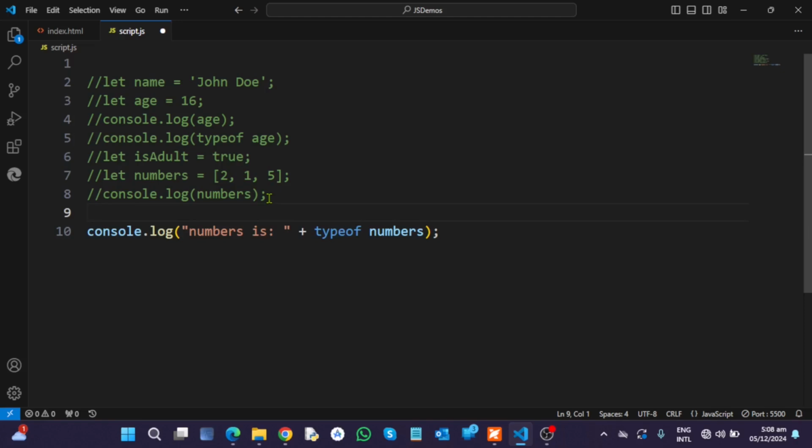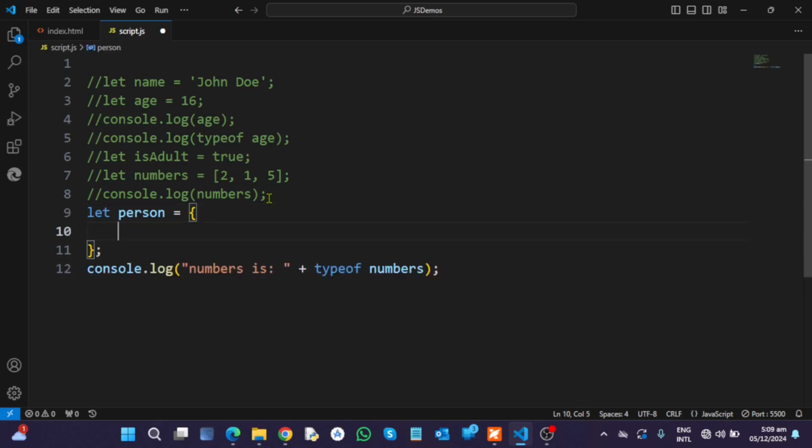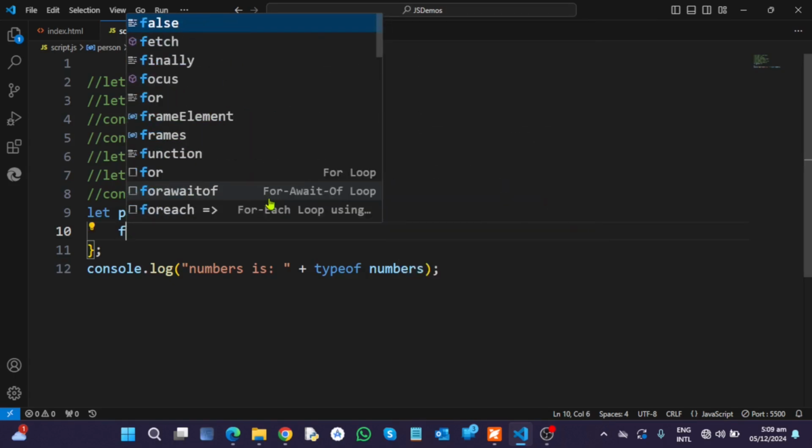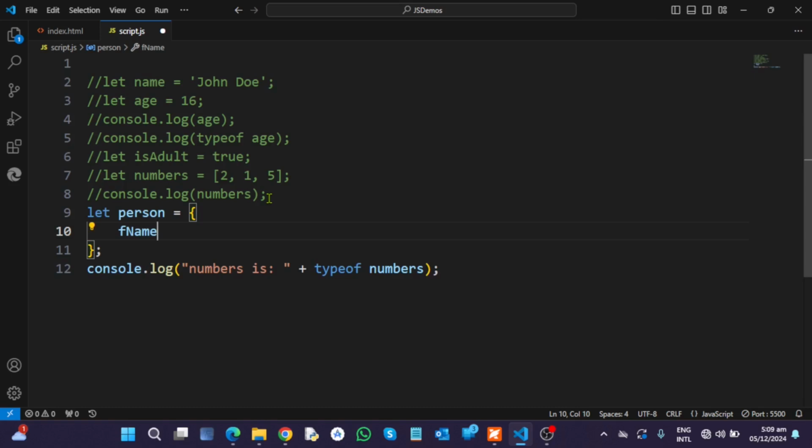Okay, so say for instance I want to declare an object called persons, all right? So a person will have different attributes. So I'm going to include these attributes as key value pairs, meaning that I'm going to have the name. Let me write first name or F name. Right? So F name is going to be John,